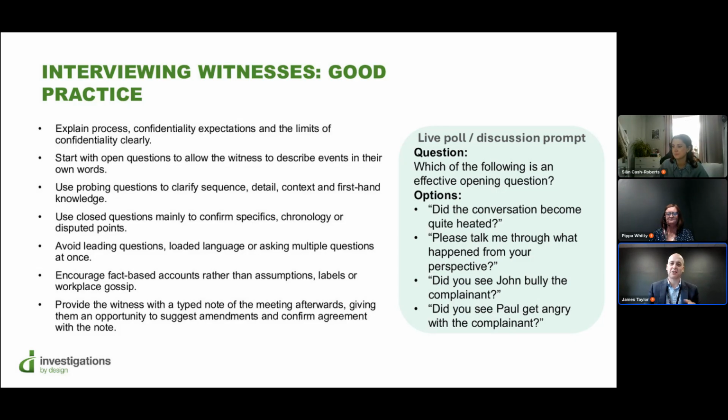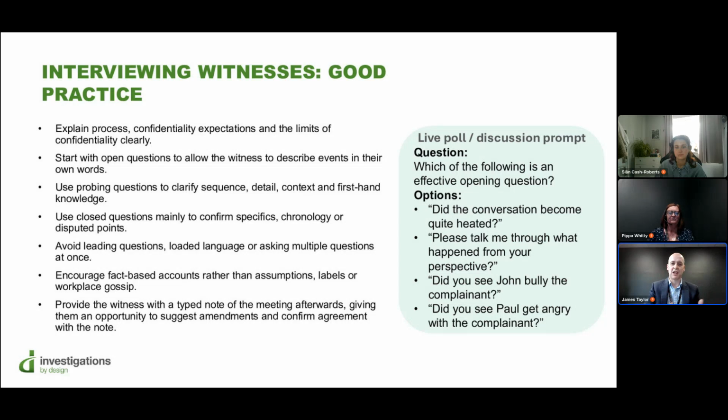It's not as obvious as it seems, because often you're given a remit, a scope, in terms of a meeting with an individual, and you're probably trying to get to the fact of, did Paul get angry? Was that a heated meeting? I mean, you want to get there, absolutely. But the danger is leading your witness to an answer, because if there were a hearing or other stages, the witnesses might not stand by that because they're saying, no, you told me that was the thing, I was just agreeing with you. This is not that, you need to gather their evidence. It's about gathering good evidence.